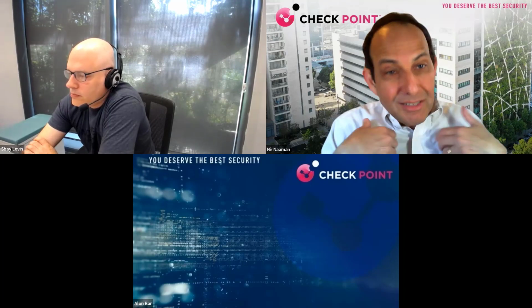Regarding flows and logs, I didn't use the word flow as far as I remember in this presentation, but it is part of the product roadmap to consume flow data, like NetFlow. That's not implemented yet. What we know how to consume today are only Check Point logs from a Check Point log server. And we have additional ways of generating logs from endpoint and from Harmony events, but we are focused on the Check Point estate for